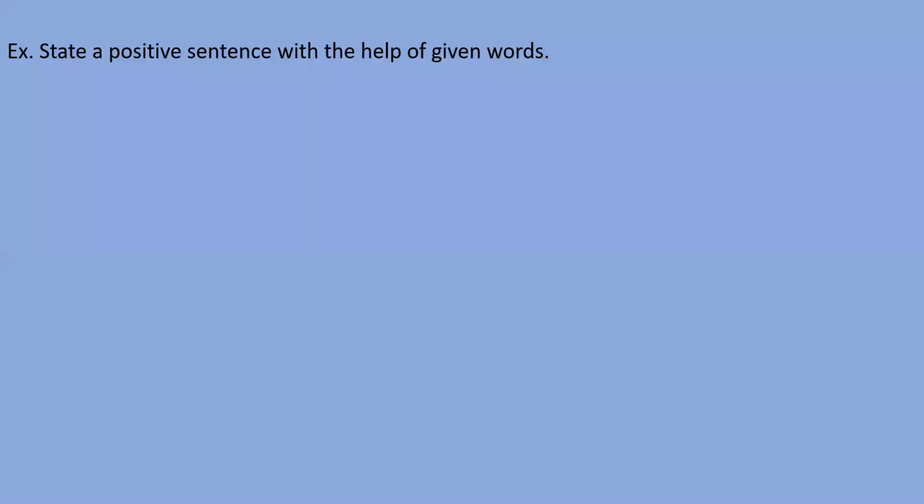You need to make some positive sentences, right? Some clues are given there. So let's do that. You need to raise your hand if you know the answer. First is that subject is he and verb is take. You need to say one sentence with the help of he and the verb. First I tell you, and the rest of you should tell me. You can say that he takes tea. Positive sentence you have to say. He takes tea, right? So in this way you have to do this exercise.